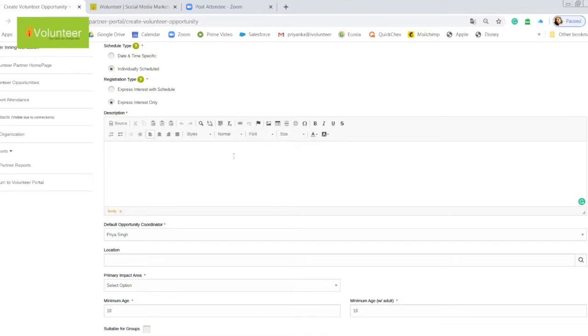So whatever opportunity you are adding, you can always insert details which can specify a little bit more. So if there is an image which you want to showcase, if you have already created a creative related to your project, you can attach that image here. If there are certain links on your website, or maybe from your social media page, which contain the details you would want here in the description, you can attach that. So a lot of options available here.